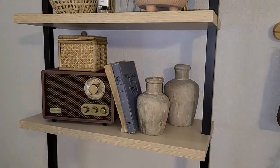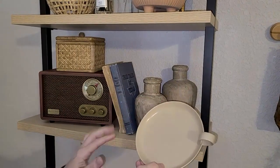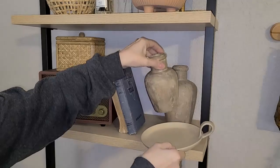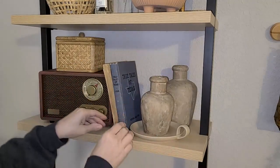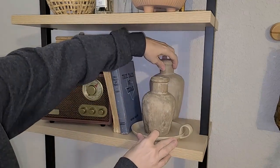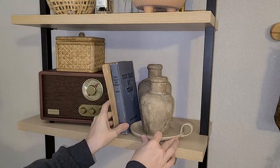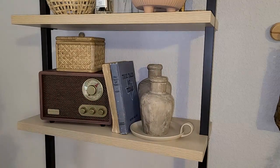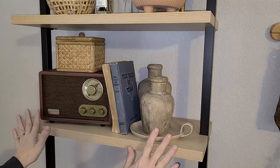Okay, let me try one more thing. I also have this that I would normally put a candle on. What about putting that there? What does that look like? Is that too much? What does that look like? Oh, okay. Let's let this sit here just for a minute and let me see if I'm gonna like this